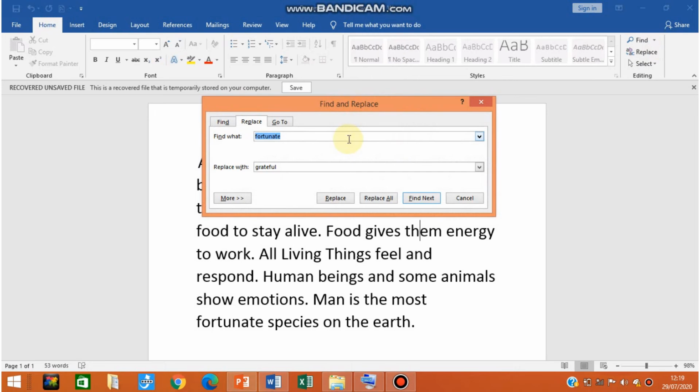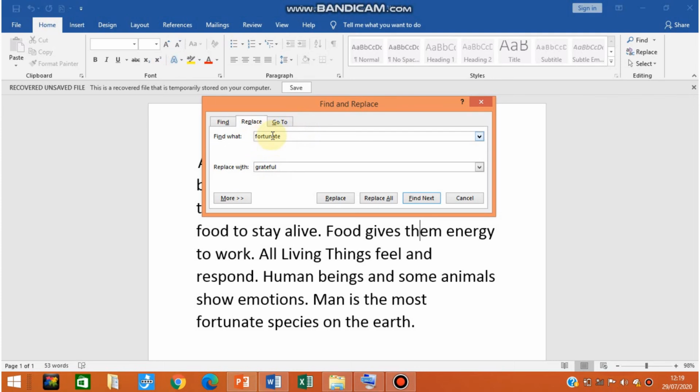Now inside the find what box, you have to write which word you want to find. Suppose I have written here fortunate. For example, I want to find the word fortunate, and inside the replace with box, you have to enter the word with which you want to replace the find what word.